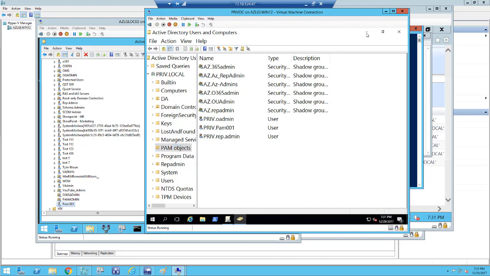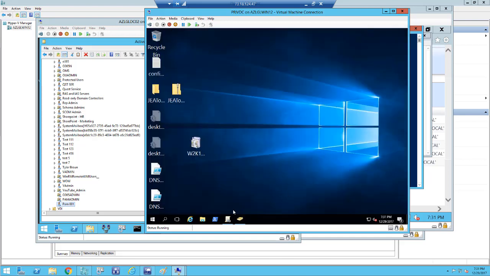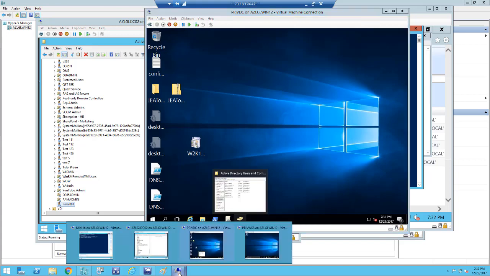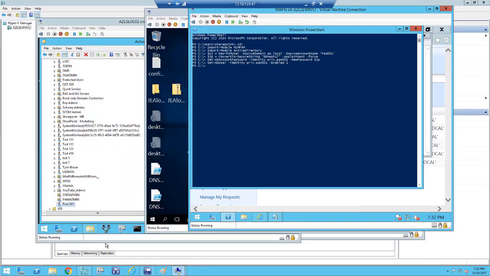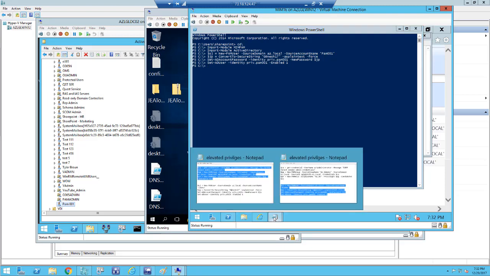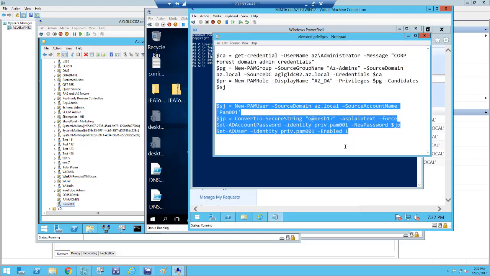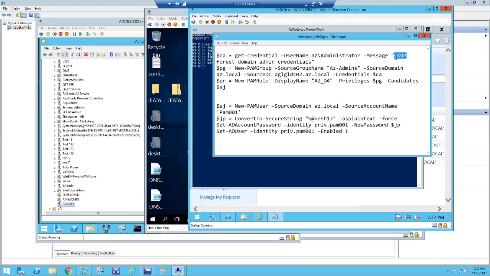Now we need to create a Pam role where we would create the group that we have created, that is the Pam admin group. So we'll create a corresponding group there in our Pam, which would be the Pam role, right? So going back to the MIM account and going back here, this is the one that we use, right? Pam001. Get credentials, Azure administrator, corp. This is not corp. This is